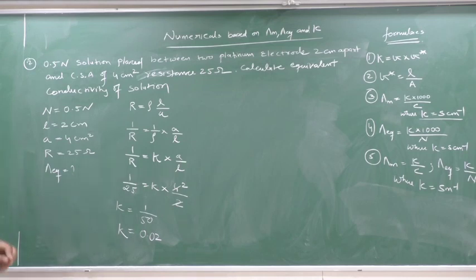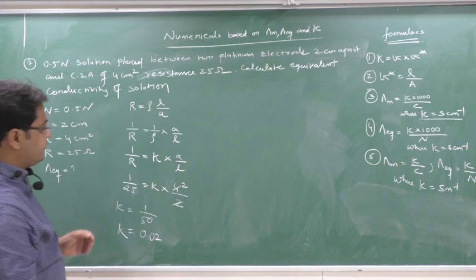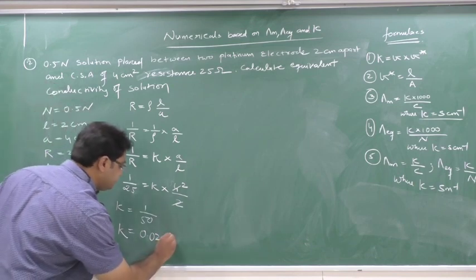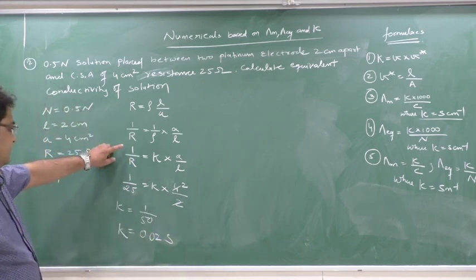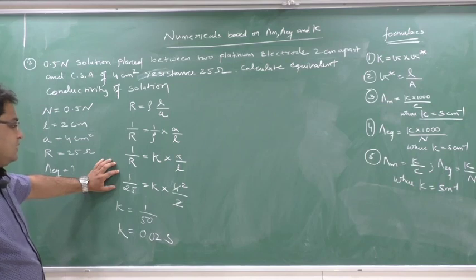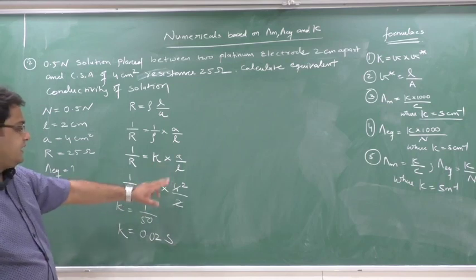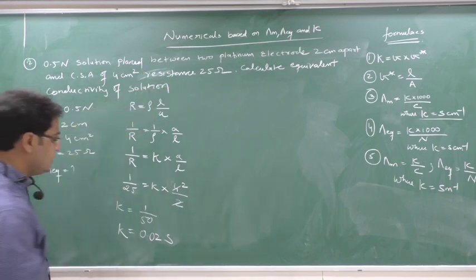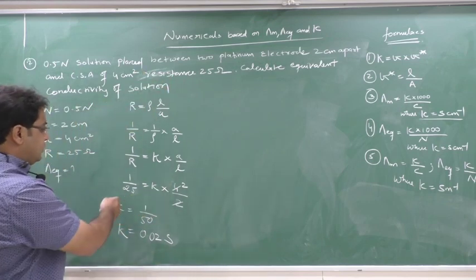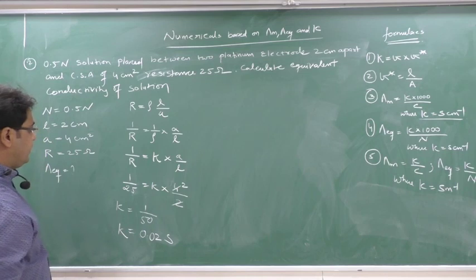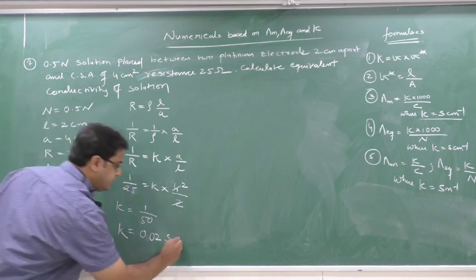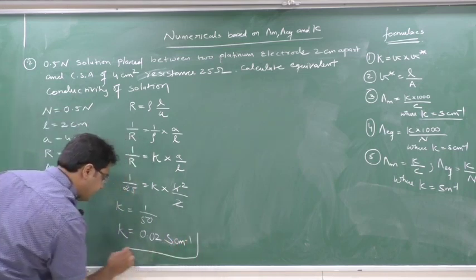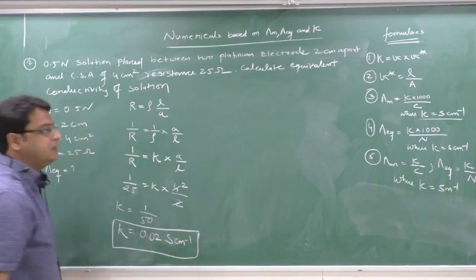Now if you determine the value of kappa, yes or no? Your unit will be Siemens, because here 1 by R means it is ohm inverse. So here Siemens, and here the remaining is what? Meter square, centimeter square, no? Because they have given in terms of centimeter. So this 2 will go that side, so your answer will be what? Here Siemens per centimeter. So your kappa will be Siemens per centimeter.